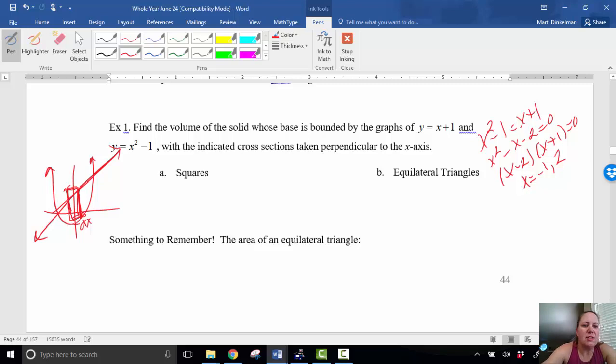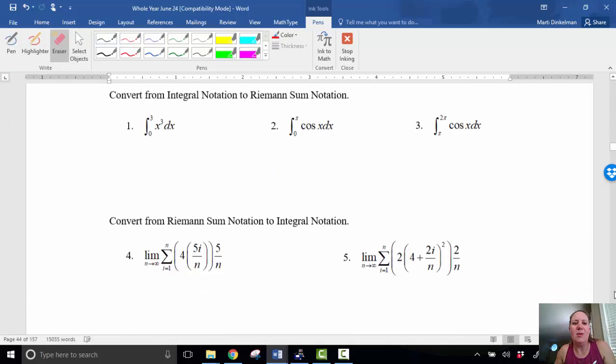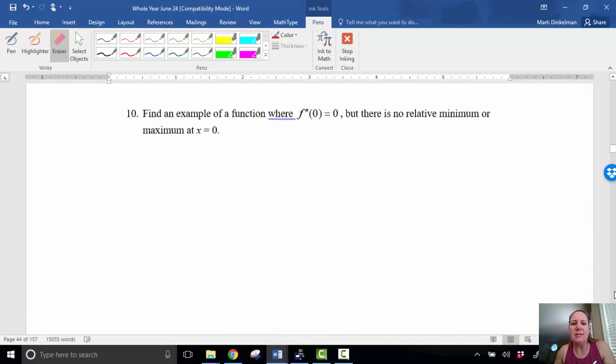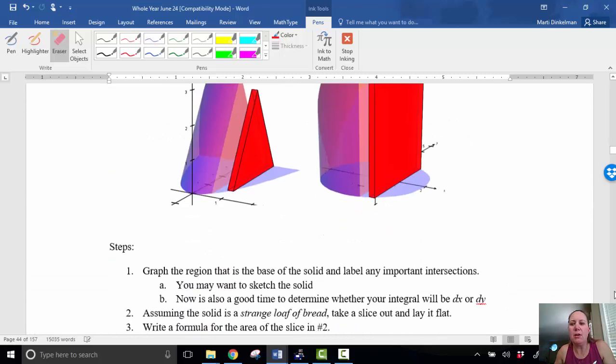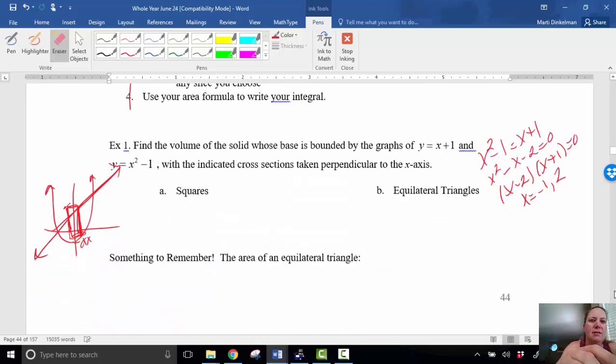Again, that might make zero sense to your brain, but for my brain that works. And I like to take a slice out and lay it flat. What I imagine happening is the bottom part of this shape is the one that's laying in between